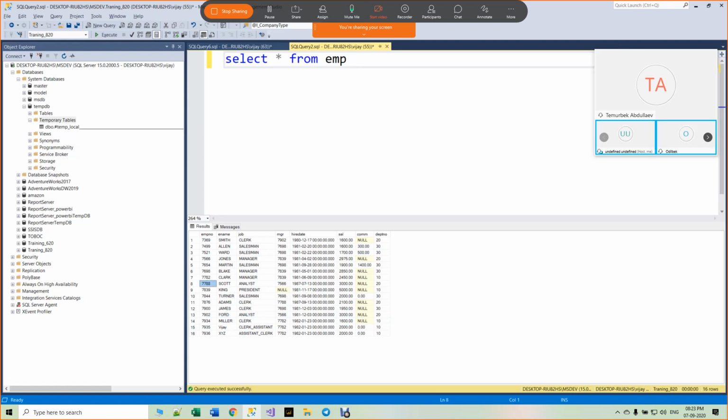I need same salary employees. Scott having 3000 salary and Ford having 3000 salary, and if you see these two are same salaries. Basically, I need employees who are having same salary. Can we do it? We will try for it. Write a query to find out same salary employees.